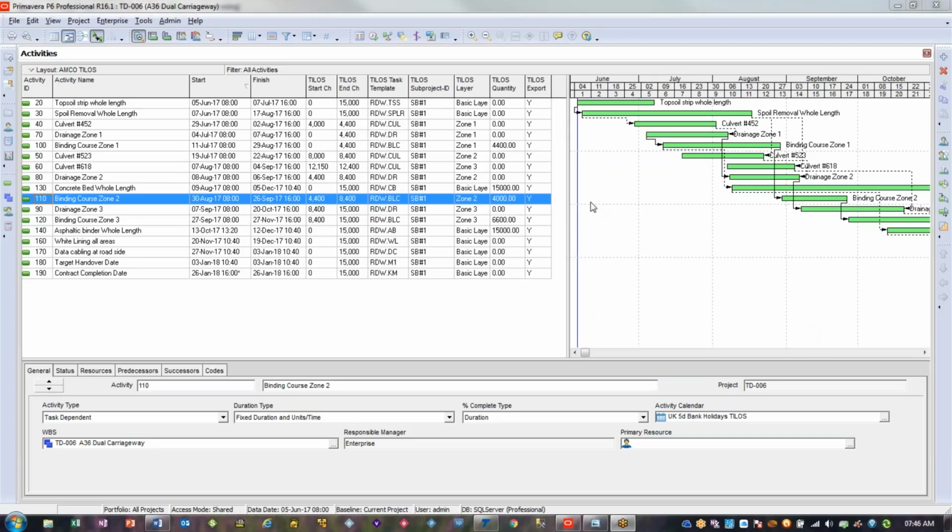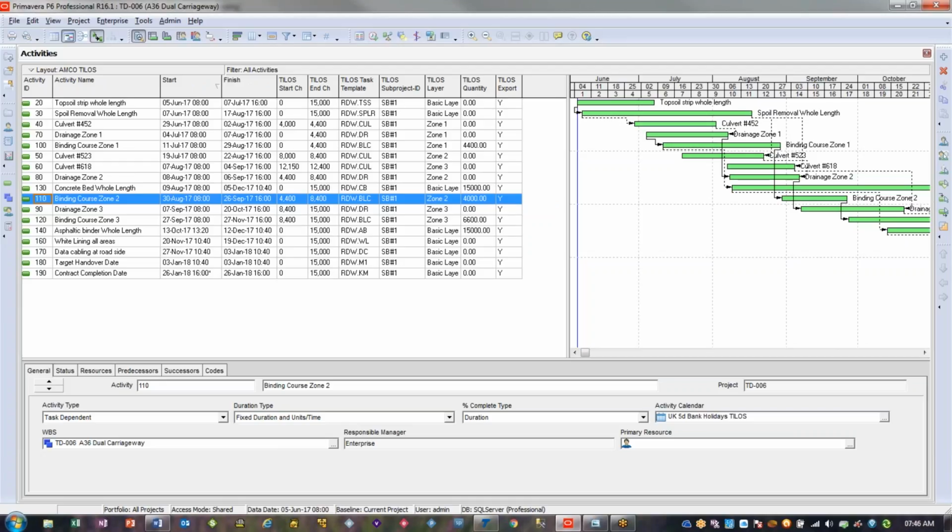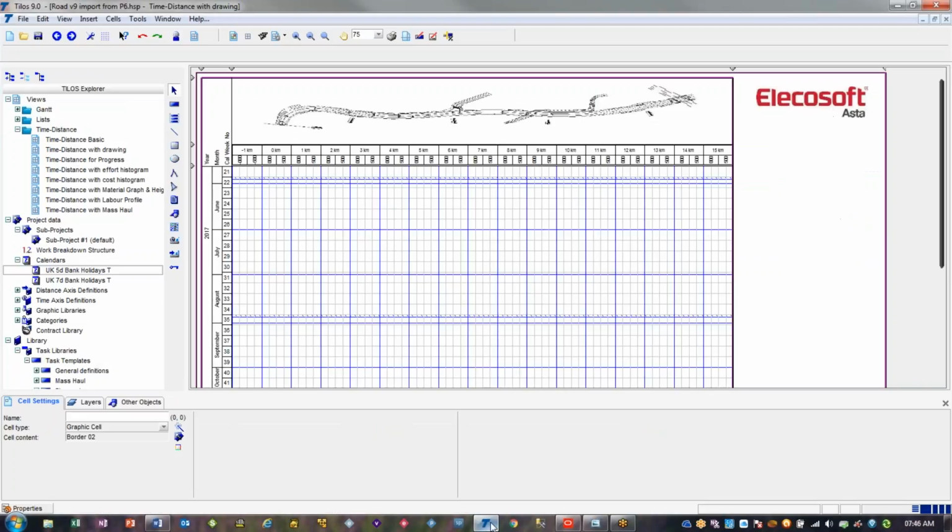Okay, in this session we're going to talk about transferring data from P6 into TILOS. So here I've got a small P6 program with a number of activities, and here I've got an empty TILOS file waiting to accept those activities, and the first thing we need to discuss